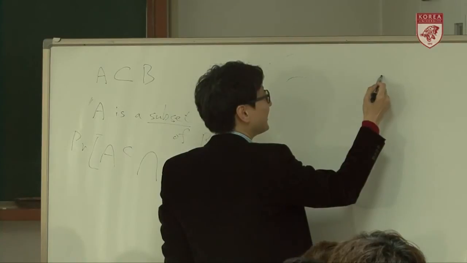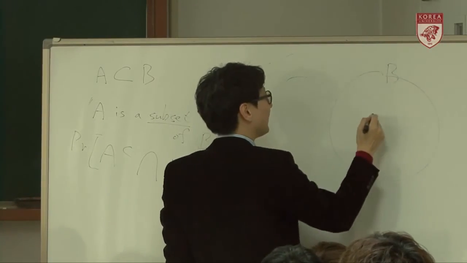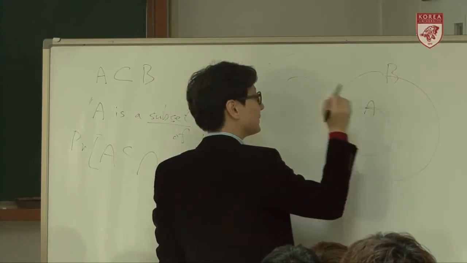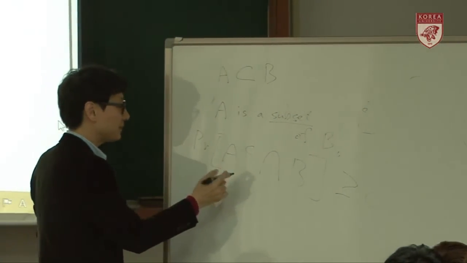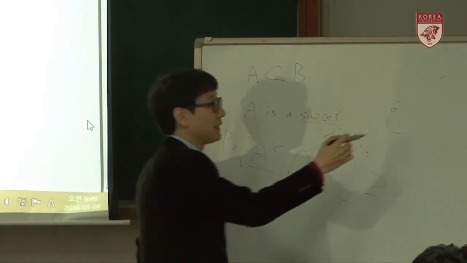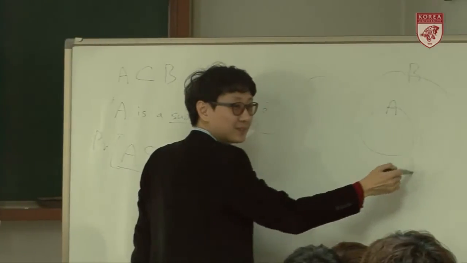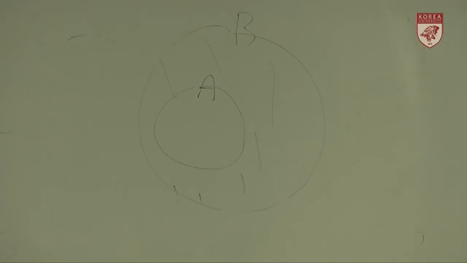Anyway, so this is B, and here's A. Right? Then this one. Complementary A and B, intersection B is in the rest part. Right? Okay, then